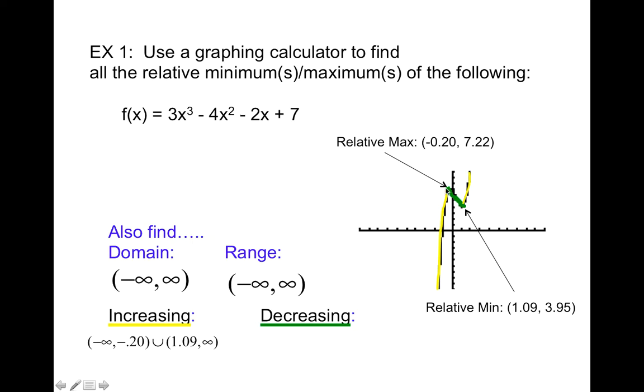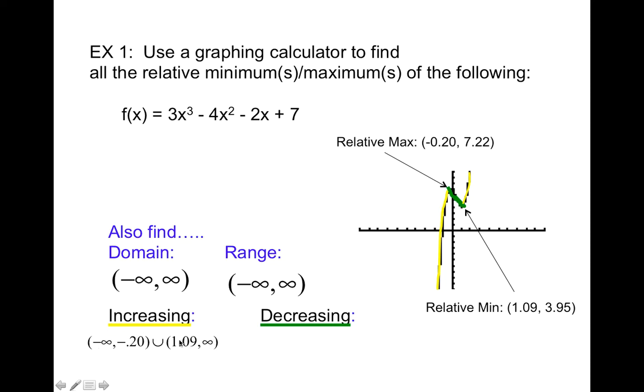Then notice here's a new symbol for you, which is the union symbol, which is another way of saying "and", and we have another interval that we need to include. That is going to start here at the bottom, or the relative min value of 1.09, not the y value, the x value. This yellow section over here is going to continue to grow up here to the right. So how far right does the graph go? It's going to go to infinity. This is my increasing